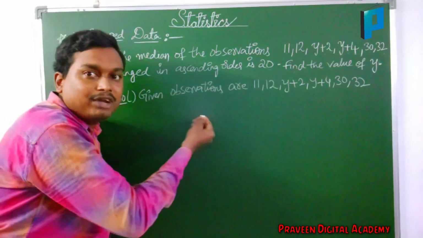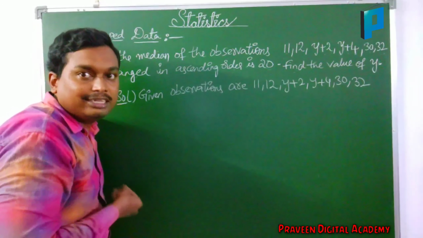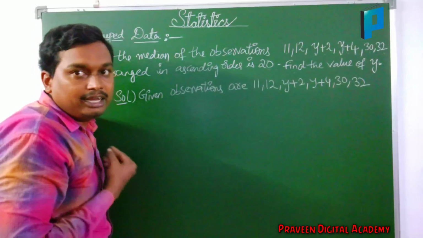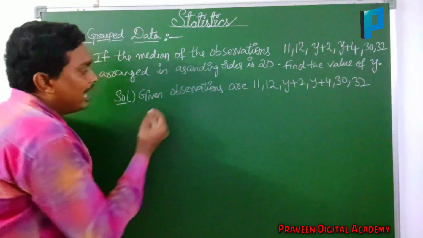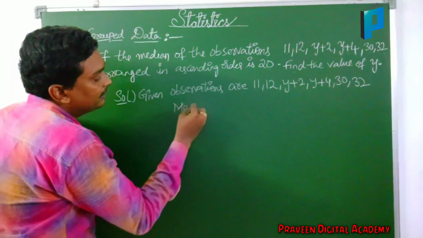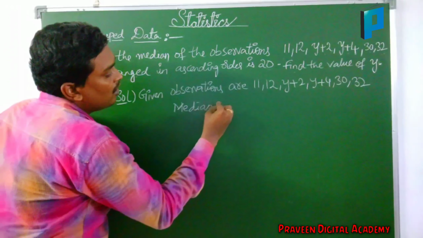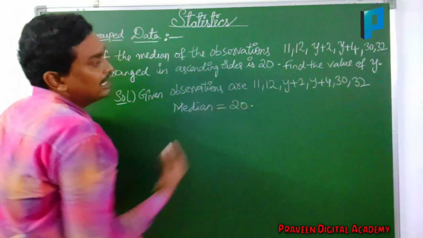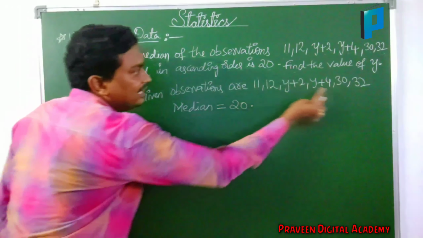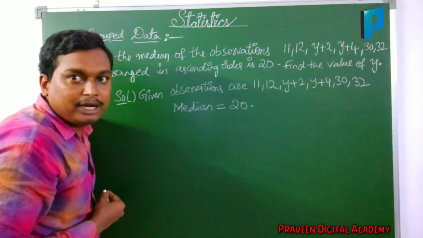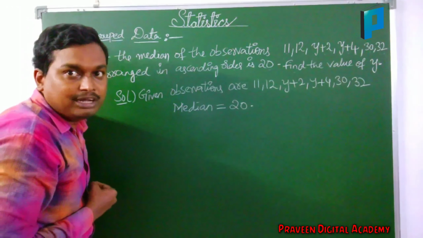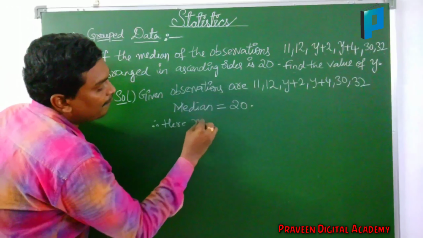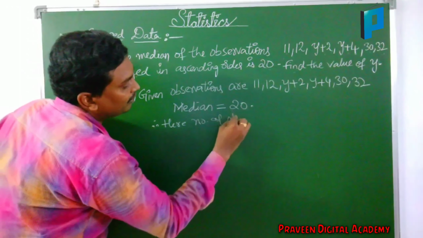The given question itself is in ascending order, so there is no need to change it again into ascending order. And they said the median of the data is 20. While you are finding the median, it will depend upon the number of observations. Here, the number of observations,